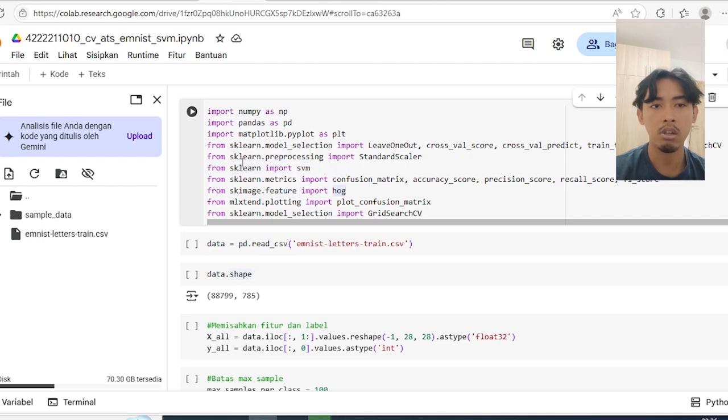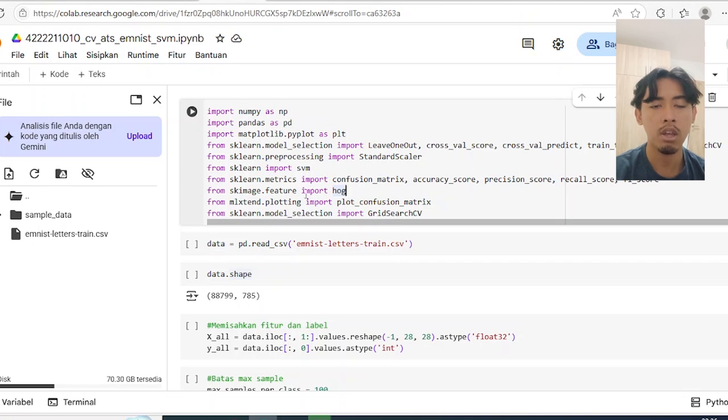Then sklearn for the SVM classifier, support vector machine, and also for the train test split, the hyperparameter search, and the confusion matrix, accuracy score, precision score, recall score, and F1 score.